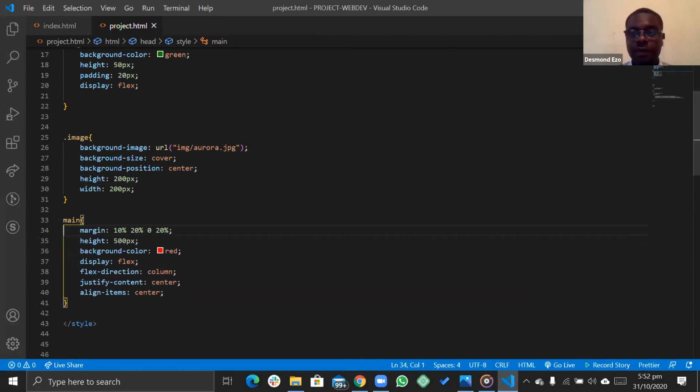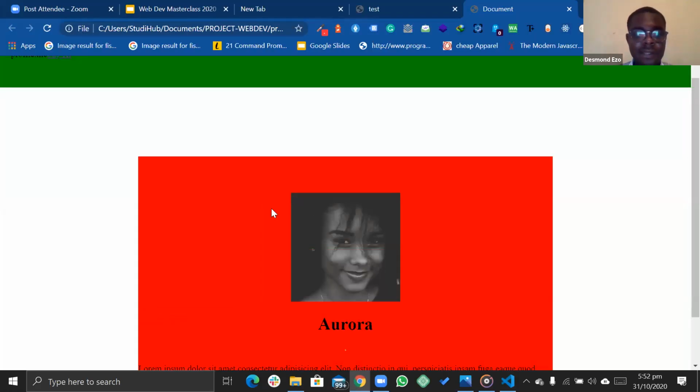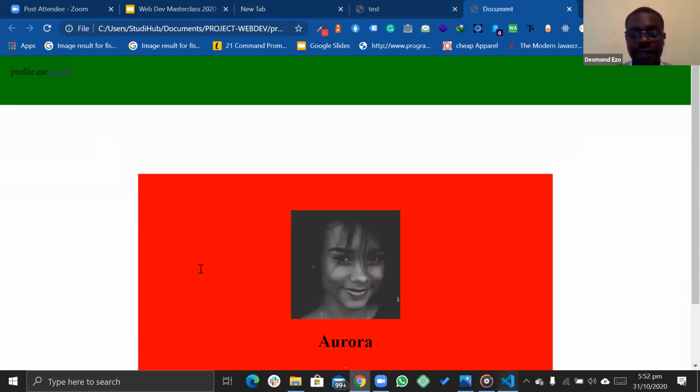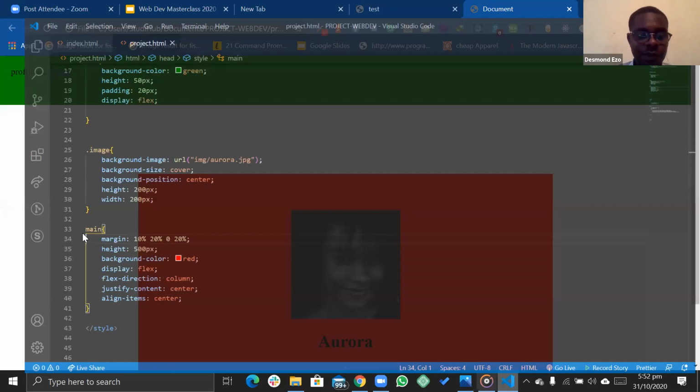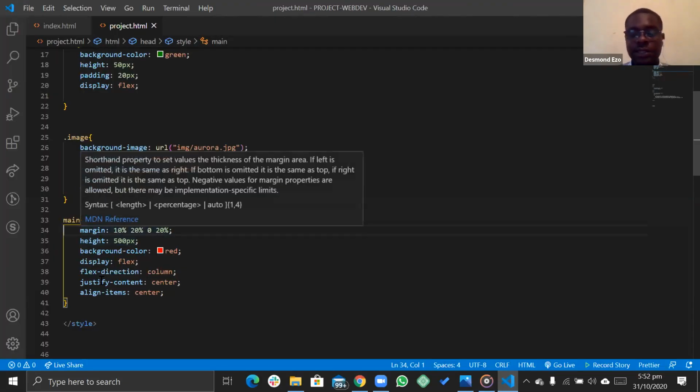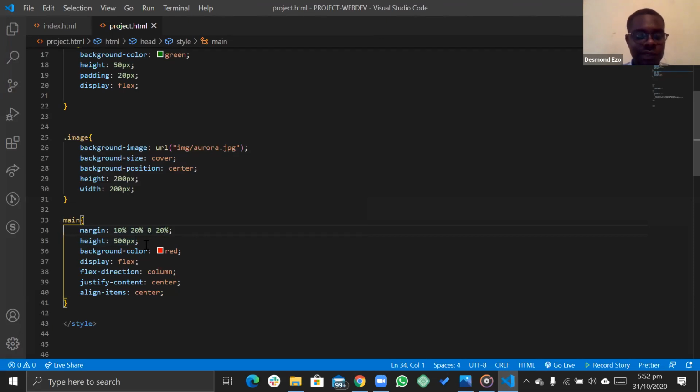And save. Now watch what happens. So it does exactly the same thing, but I used less effort because it's just one line. It saves me a lot of space. So this is just the easier way to do it. So let's just quickly get this.